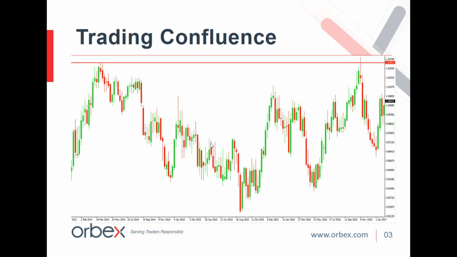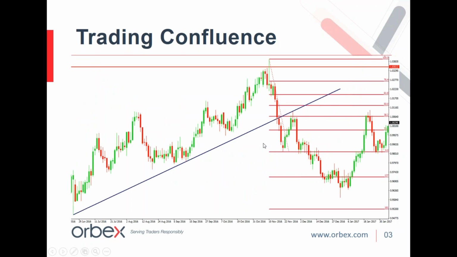So if we drop down onto the daily chart, we're looking at this period here where price has started to sell off from that double top. If we drop down onto the daily time frame, we can see that as price sells off from that level, so again, that was our resistance level, one of the first things that we notice is that price breaks through a key bullish trend line. So you can see again that we have this bullish trend line drawn from this low to a secondary low. Price sells off from that big bearish reversal candlestick on the weekly, and we actually break down through that rising